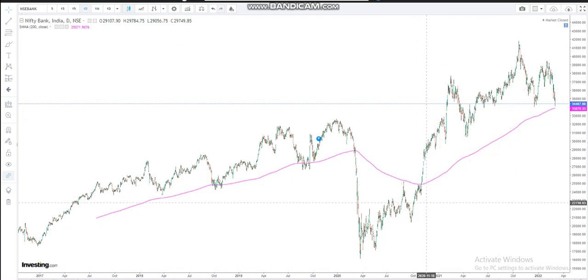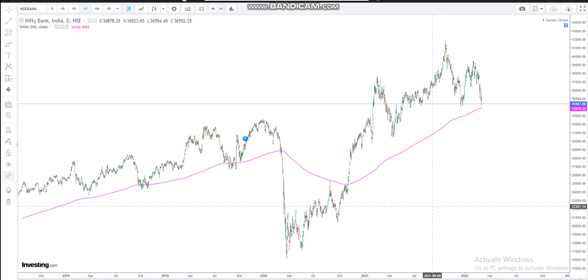So this is double of the drop down. Either you can make SIPs at these levels and try to find from which level it can reverse, but in general here you can always see that this particular 200 SMA in normal circumstances, I think this war is not that grave. On top of that, the reason for this drop down was more about the corona. Due to corona the world was not able to comprehend what complexities could arise, and as a result you can see this huge drop down.